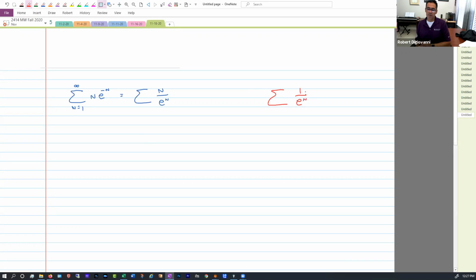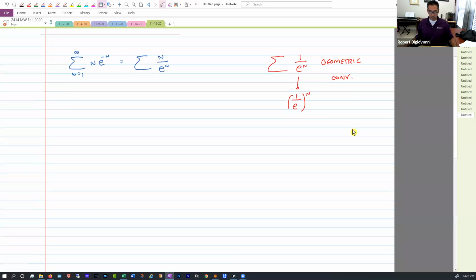I like that because that n on top, even though it does get big, e to the n dominates, right? So we're going to kind of act like that n's not there. I don't know if this could work, but I do know that this is geometric, and I do know that it converges. Why do I know that? Because that can be written as (1 over e) to the n, and 1 over e is smaller than 1, right? That number is smaller than 1. So this should be a convergent geometric series. Now,